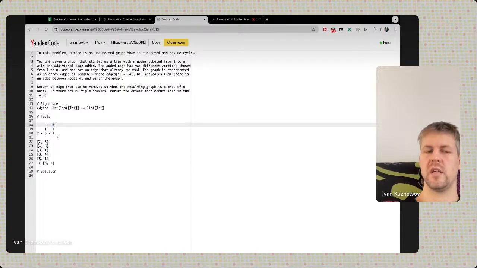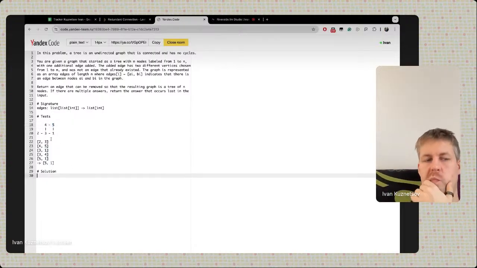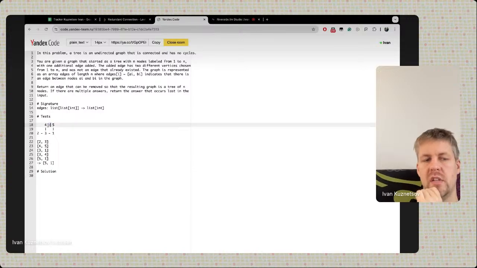So is this always the case here? If it's a tree that is unconnected, no. We also have this issue, right? Like, for example,